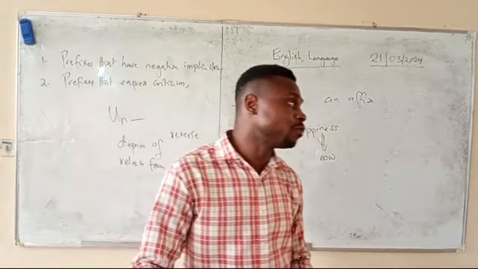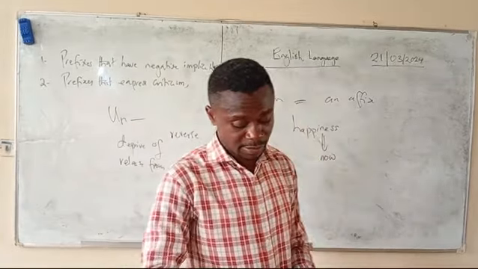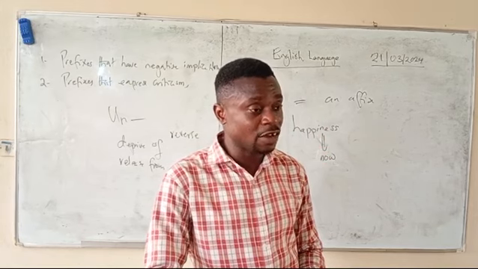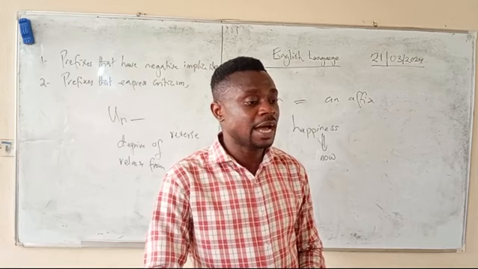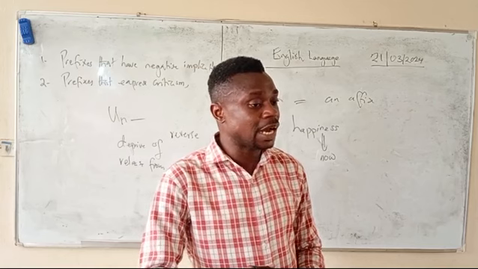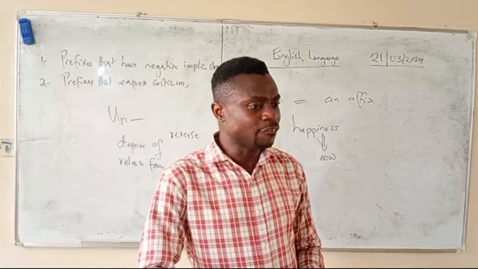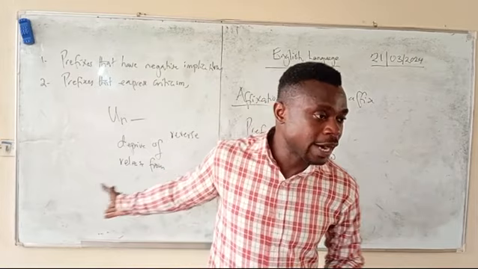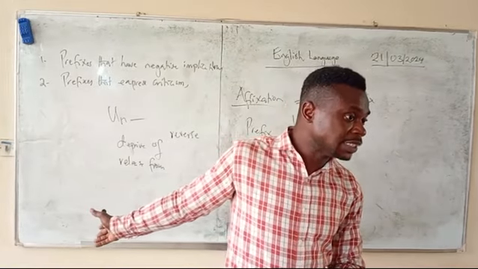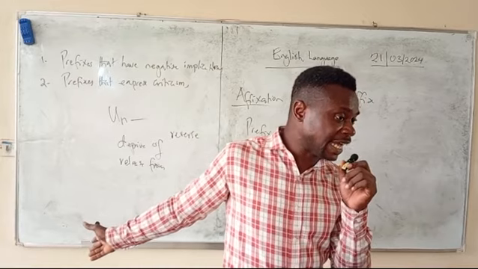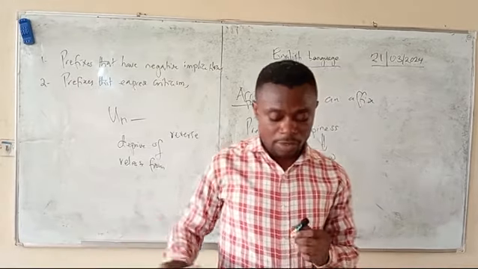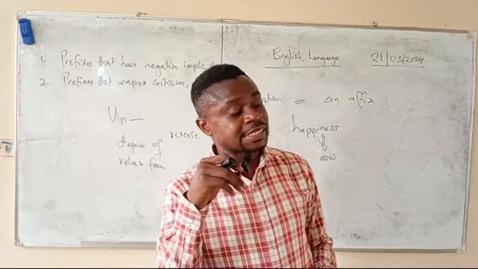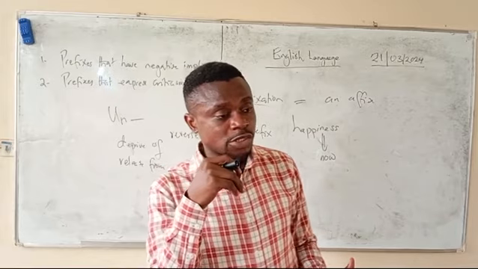What are the word classes that can be formed using this? Example of the word classes that can be formed using this. Word classes can be formed as follows. Adjectives can be formed. Yes, you can form adjectives. Unhappy, is it an adjective? So one of the word classes that can be formed is what? Adjectives.